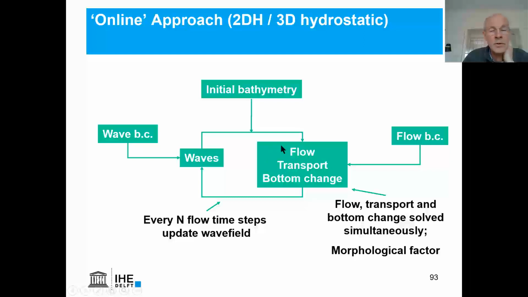And now and then we couple with the waves and feed information to the wave model, and the wave model feeds information back to the flow model. And this loop goes on and on. Wave boundary conditions vary in time, flow boundary conditions vary in time. Now, if you would do